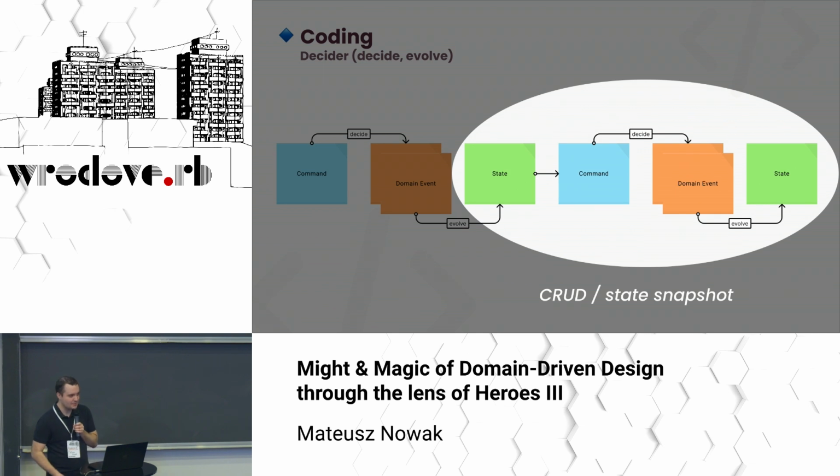But we can treat it another way. If we compose it in this style, we load the state from the database, we take the command to be executed, put both of them into the decide function, we have events as a result, but then we can put the events into the evolve function, and we have state as a result. So as you see, state at the beginning, state at the end. So it's like storing a snapshot in a database. So the decider pattern, I used it because one of the advantages is also that it's persistence agnostic.